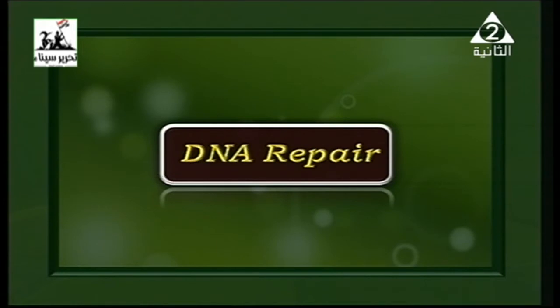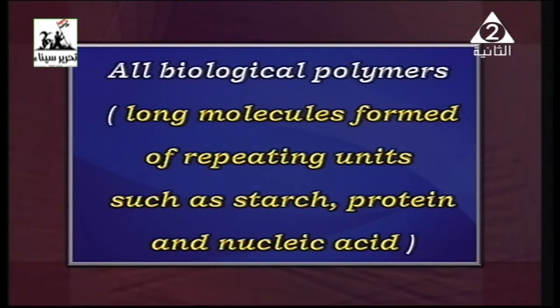DNA repair. There is much more information we need to know about DNA repair, how DNA is recovered or repaired if a part is damaged along the double helix. Actually, all biological polymers, long molecules, are formed of repeating units, such as starch, proteins, nucleic acids, enzymes, any macro and micromolecules, as you studied in first secondary. They actually contain a repetition of units, okay? Well,